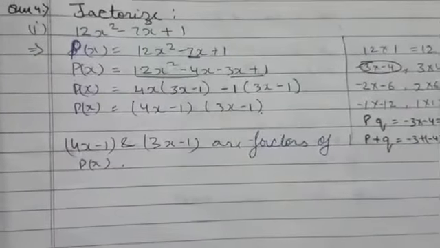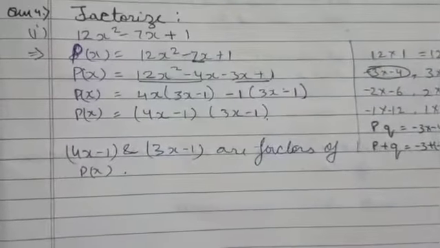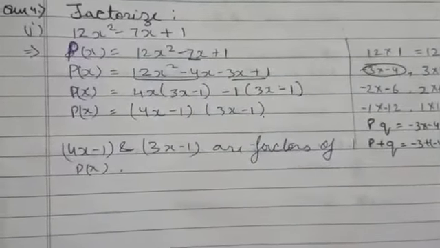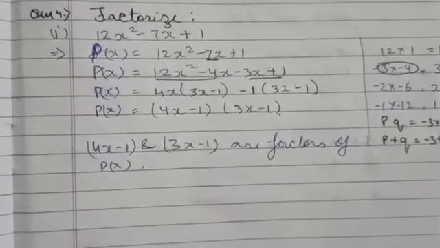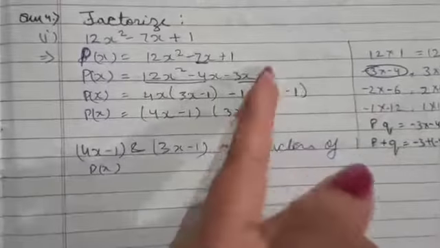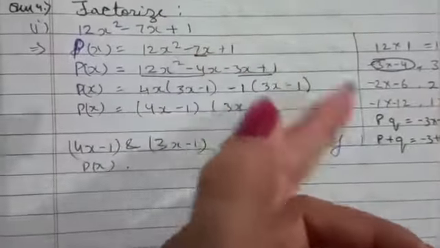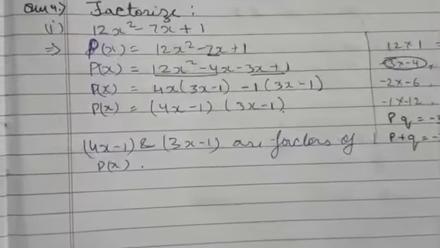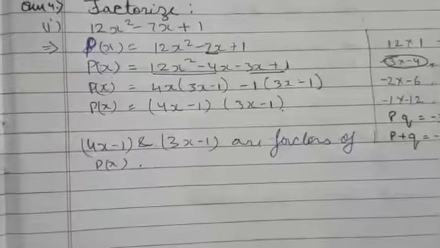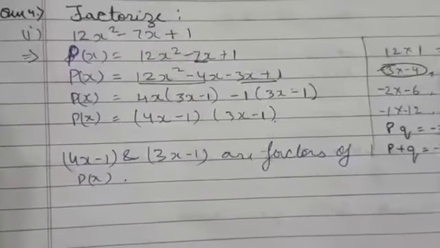all the polynomials. See the first bit, we have to factorize, and we can factorize it by using the factor theorem also, and by splitting the middle term. Choice is yours. As nothing is given in the question, nothing is being asked, whether to factorize using the factor theorem only, or factorize using splitting the middle term. So we will choose to factorize using splitting the middle term.